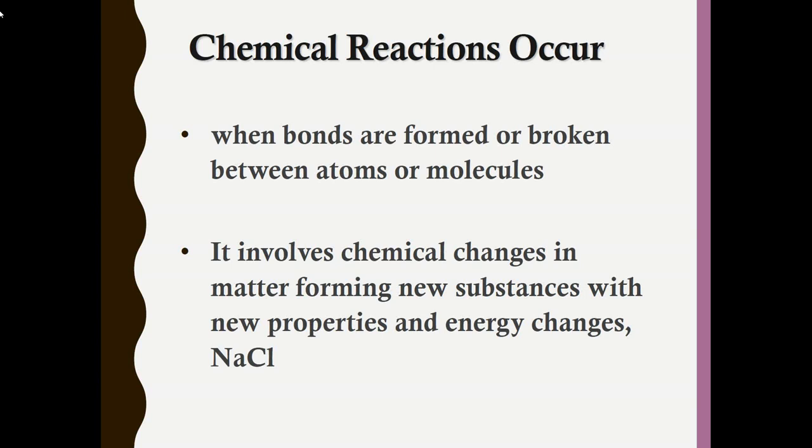And when a chemical reaction occurs, bonds are either formed or broken between atoms and molecules. So if I start with iodine and zinc, as you can see on the previous slide, all the bonds in the zinc atoms and the iodine atoms are going to be broken. And then when they form zinc iodide, the atoms bond together and create a different product. And it also involves chemical changes in the matter, forming new substances with totally different properties and